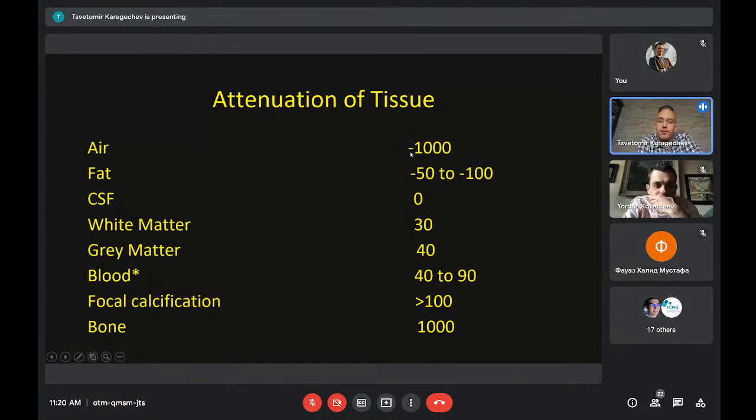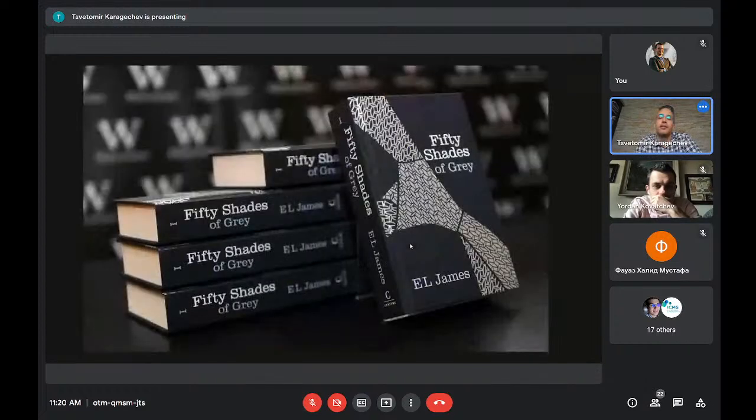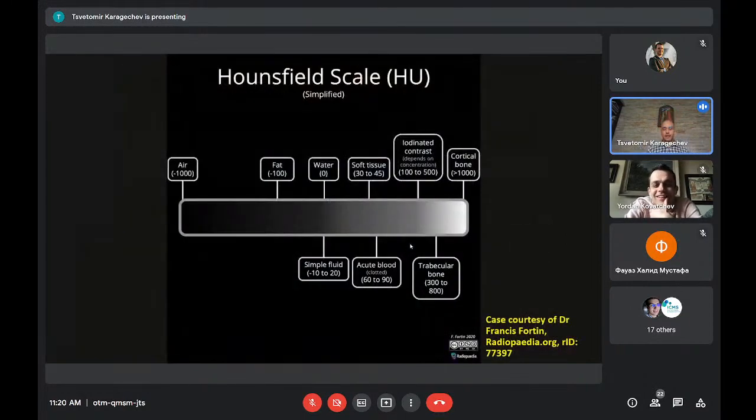So as you can see, the whole spectrum of CT numbers and shades of gray that we looked at is around 2000. So in our books, there are definitely a lot more shades of gray than in other books. This is a better visual representation of this concept. On this side of the spectrum, air, -1000, pitch black. On the other side, cortical bone, pure white. Intermediate density, benign fluid like cerebrospinal fluid or urine. And then here is the brain tissue, intermediate shades of gray.